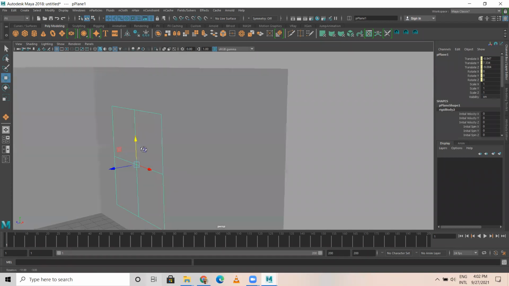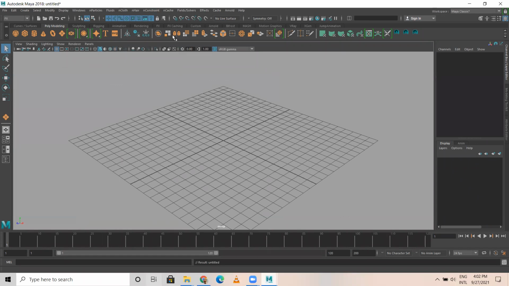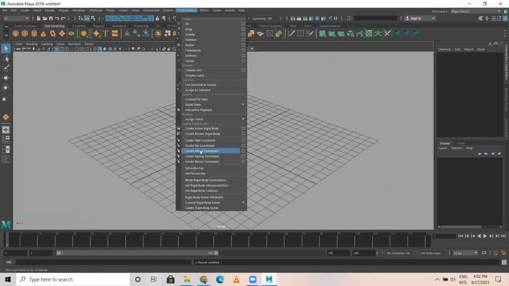Let me explain that separately. Try this pin constraint. Nail constraint, I'll let you know. Normally it should work like a nail.